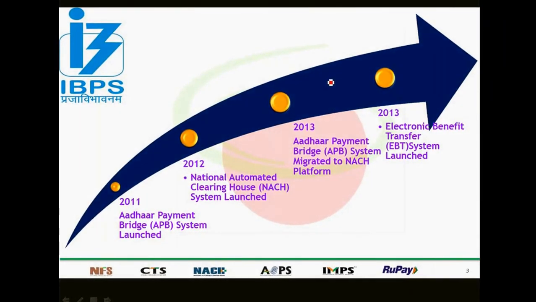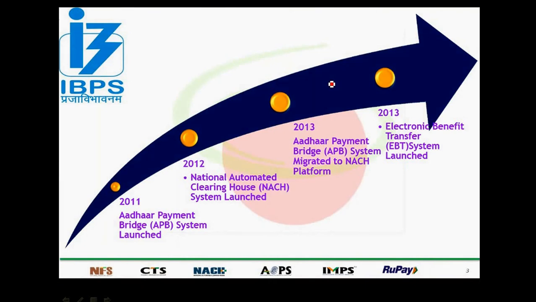So actually NACH is much more diverse than the electronic clearing system, which is used only by government organizations, whereas NACH can be used by customers, companies, government and various different organizations. And so we have a look at the